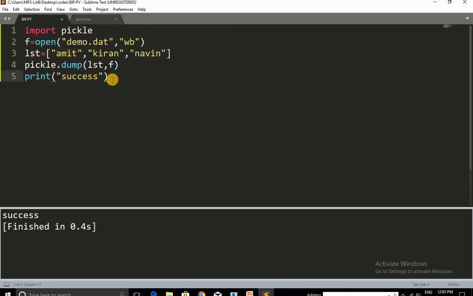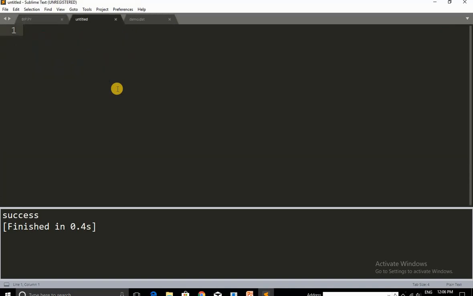Alright, and if we move to the unpickle part, then what we have to do is create another file for that. Import pickle. Let's save it first.